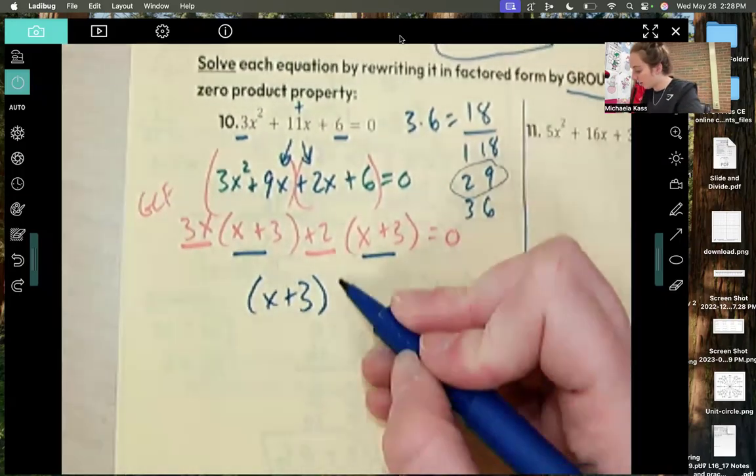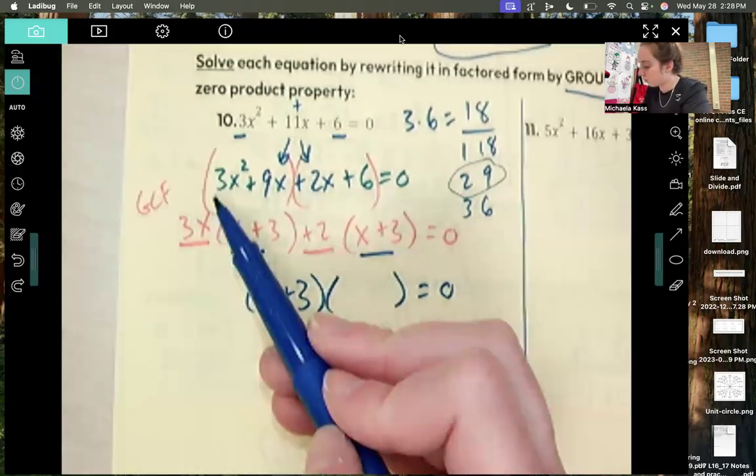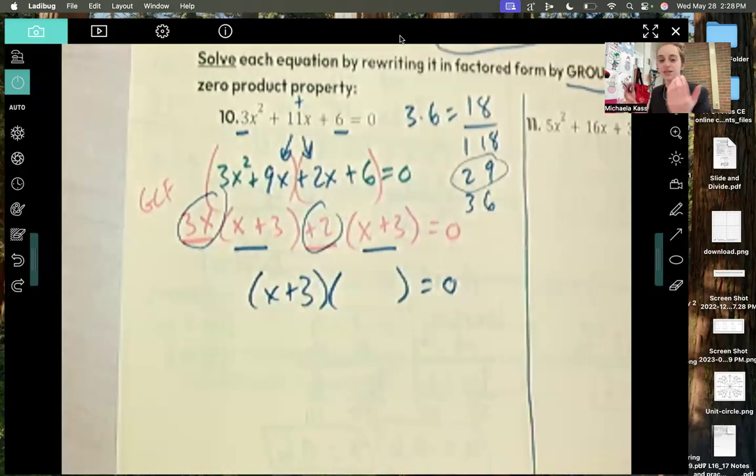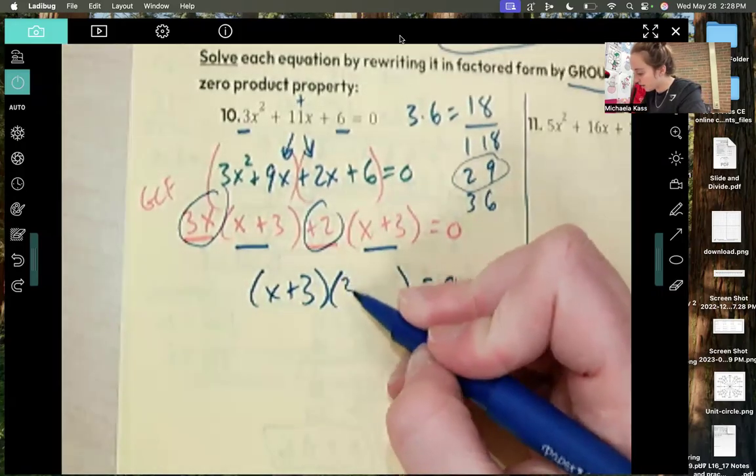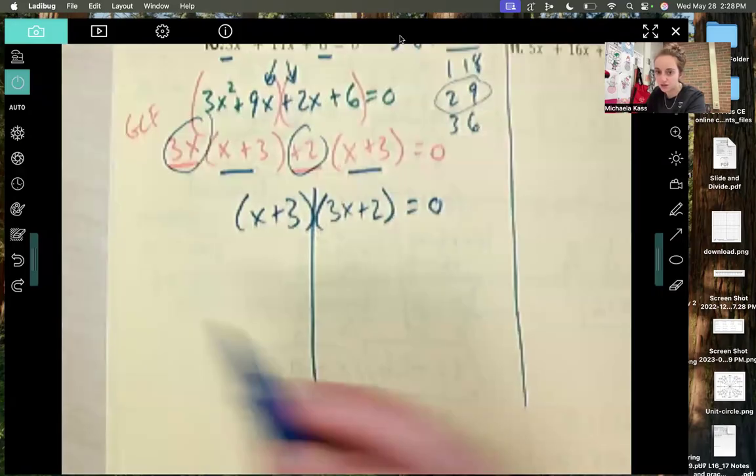And then you have another set, but you ask yourself, where do those numbers come from? They come from the ones you pulled out. You group them together, okay? So 3x plus 2 is what we put on the inside of those parentheses. And now just split and solve. Split, set them equal to 0,